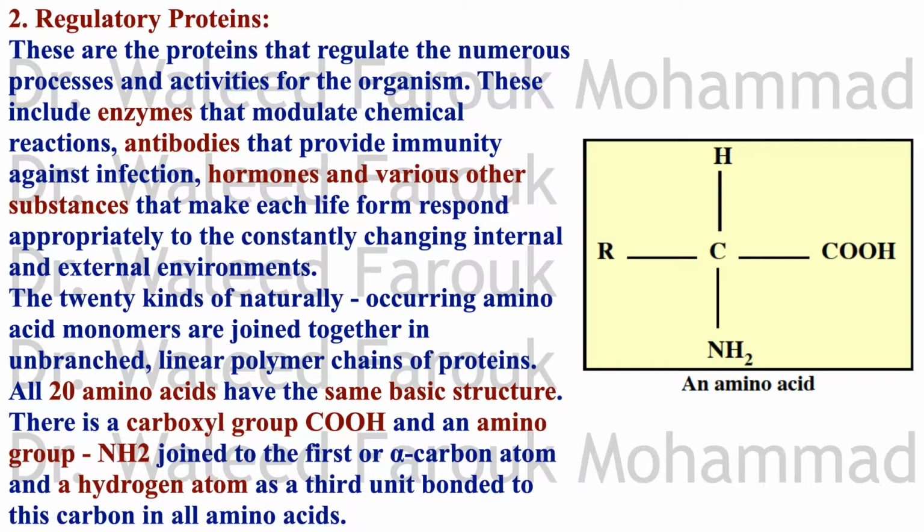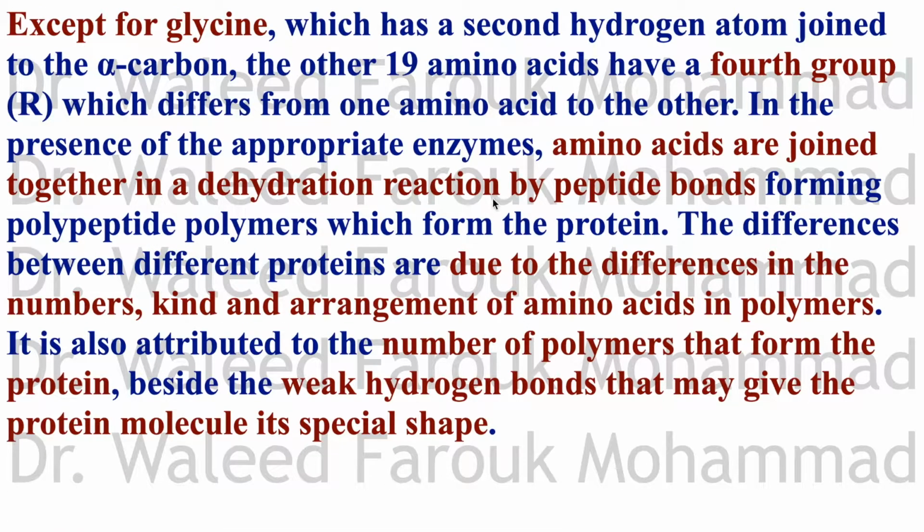There are 20 amino acids involved in formation of proteins. They have the same basic structure, which is a carboxyl group, amino group, and a hydrogen ion, okay? And an R group, except in glycine. Glycine has another H here to make the glycine amino acid. So all the others have the R group we're going to talk about now. See, except for glycine,